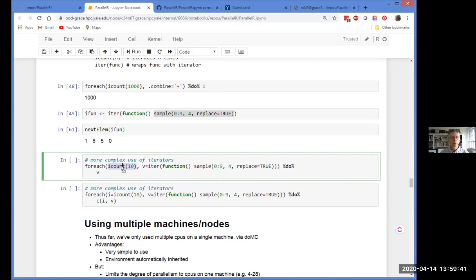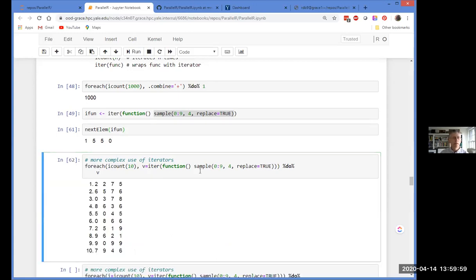So even though this one is infinite, this one has 10 values, and so I'll iterate 10 times, and each time v will get set to the value returned by this iterator. If I do that, I'm going to get 10 sets of 4 random numbers.